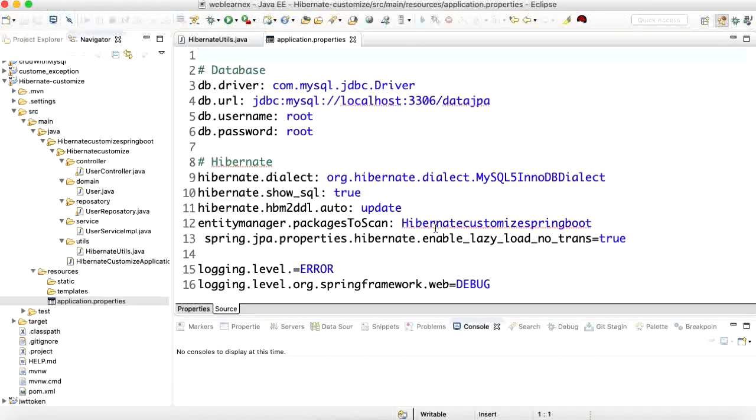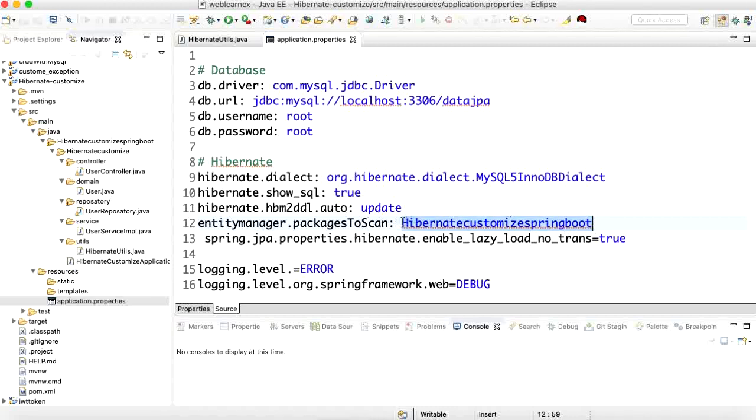property file first. Inside the property file I have added all the details like database driver name, database URL, username, password, MySQL dialect type, Hibernate properties, and so on. The most important thing is this one, the Hibernate customize Spring Boot path, where all my entities are created.